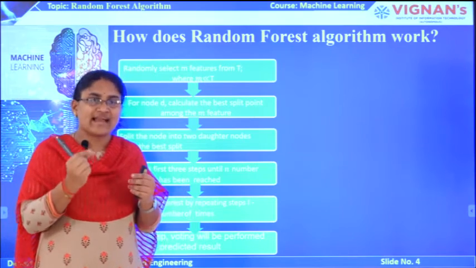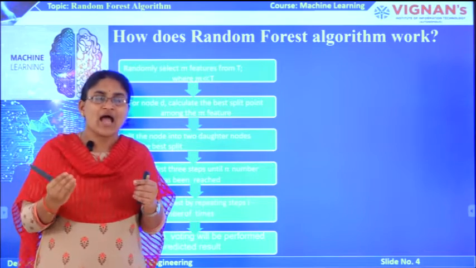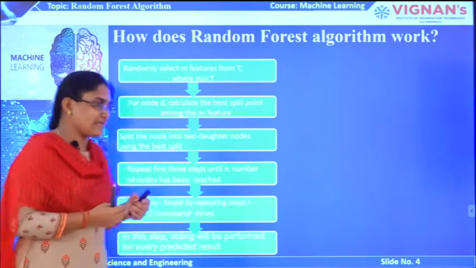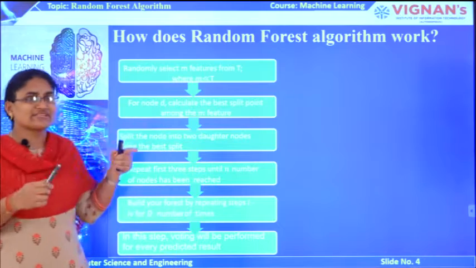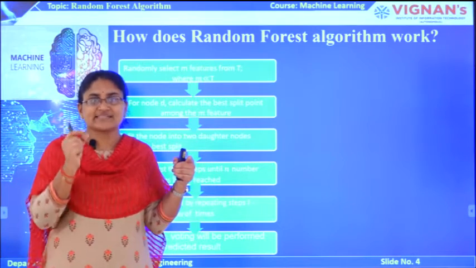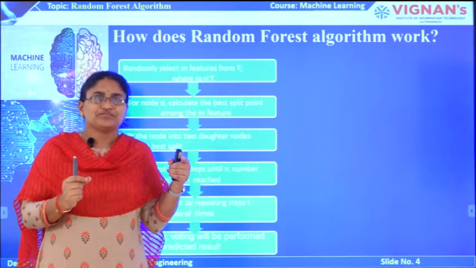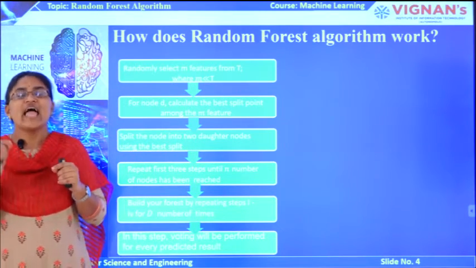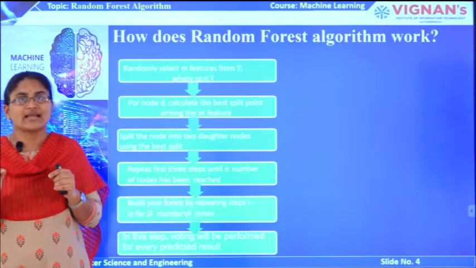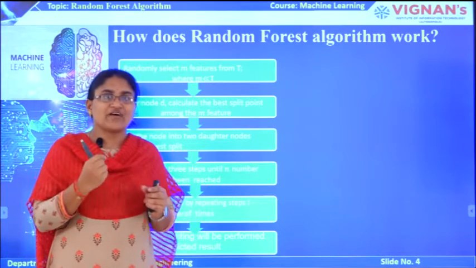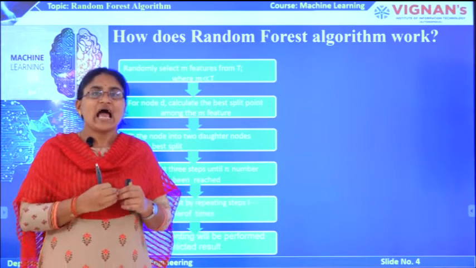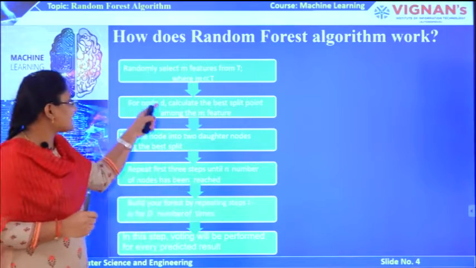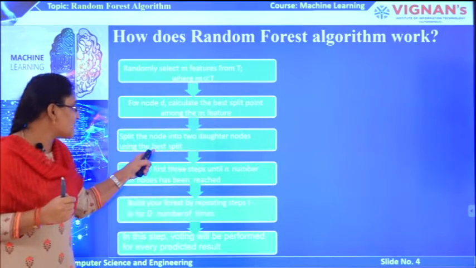After selection of the random samples from the total number of samples, we go to the next step. In this step, we have to select the best split node, that is nothing but the decision node, for further splitting of a tree. This node is selected out of the m selected random samples. For example, if I select 3 random samples, then I have to split the tree for these 3 samples. After selecting the best split node, next we go to the third step.